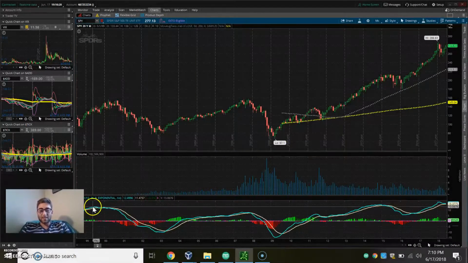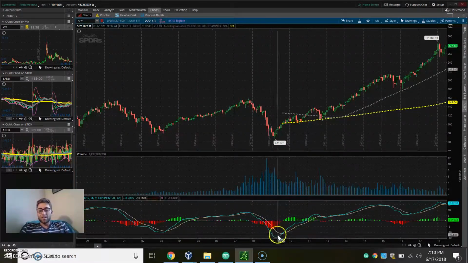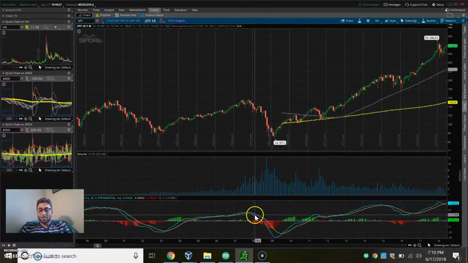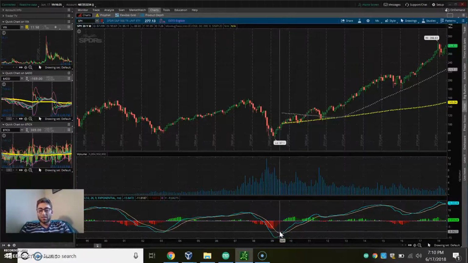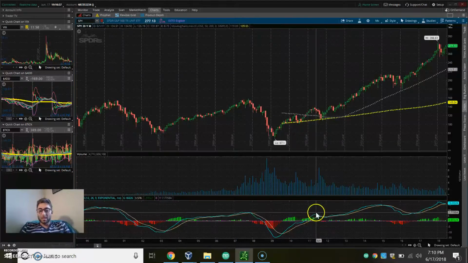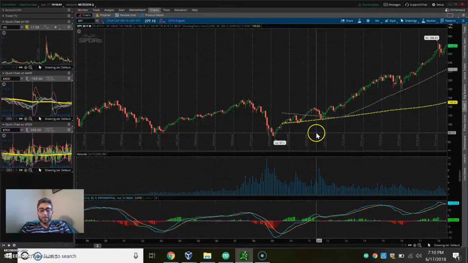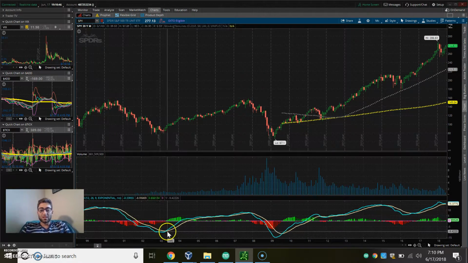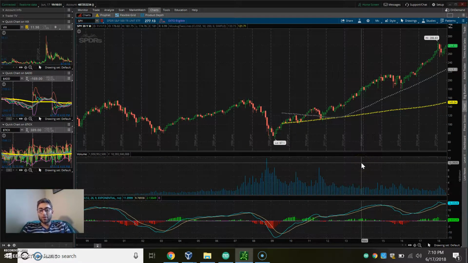So the MACD oscillator is on the bottom down here, and it's basically two lines that are exponential moving averages, and one of them is moving slower than the other. So what you do get is these crossovers. So this point here is a crossover, and then here there's a crossover, and sometimes they are very close together, sometimes they're far apart, and it really makes no sense if you just look at it on the bottom of the chart like this. But I'm going to show you what I look for and how I make profitable trades